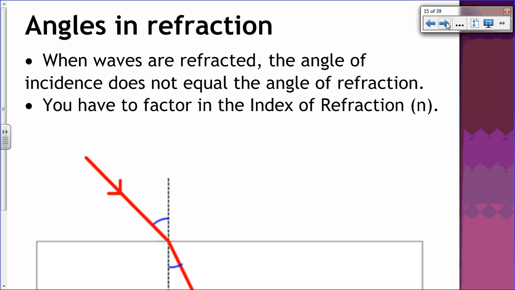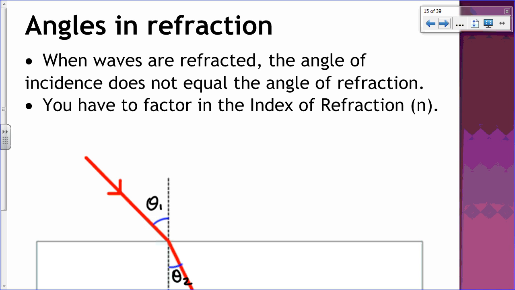But as the light wave hits the boundary, now it's going to pass through, and these two angles, we call them angle 1 and angle 2, theta 1 and theta 2. Those two angles are not the same anymore, okay, because it's being bent, right? The light wave is shifted, right? And that's why we saw the guy in the pool look like he was shifted. That's why the dolphins look like they're shifted, because the angles don't equal each other. Because you have to factor in two things: the index of refraction of the materials and the angle at which it's